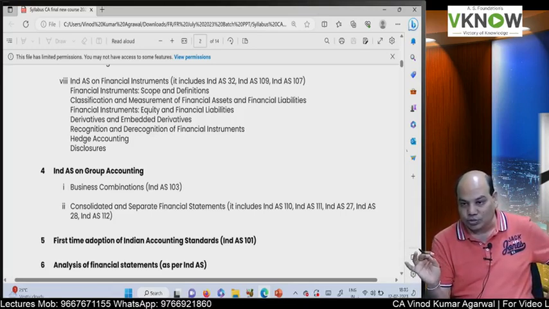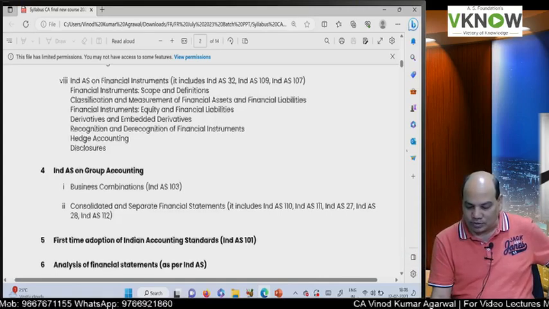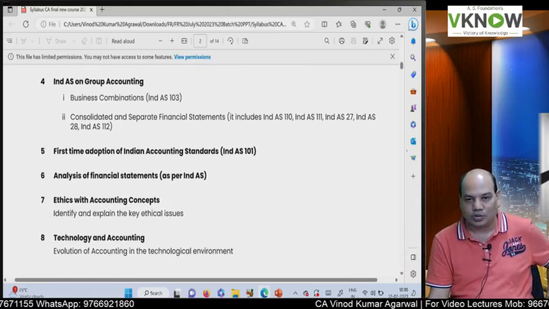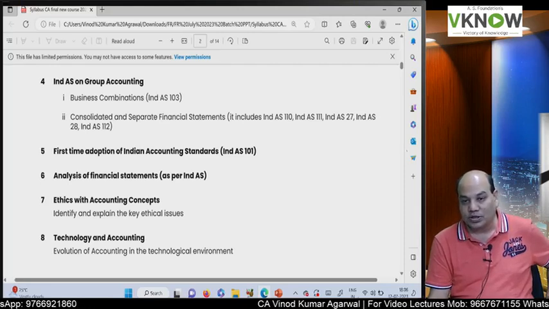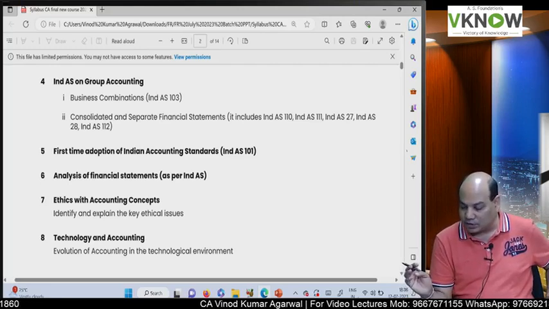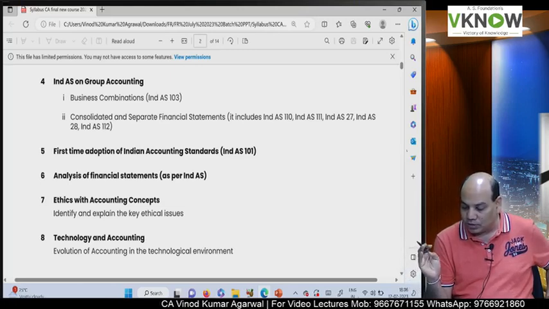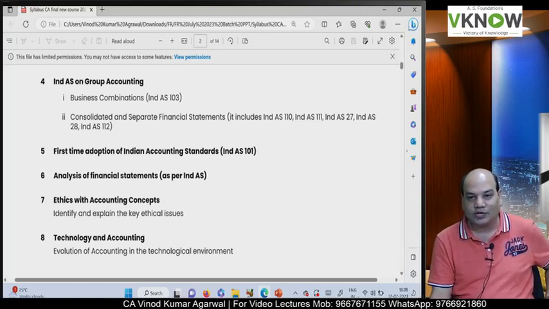Ind AS 32, Ind AS 109 and Ind AS 107. And the lengthiest part of your syllabus is group accounting, which means consolidation. So here we are going to study business combination Ind AS 103 and then consolidated and separate financial statement. There are 5 standards here: Ind AS 110, Ind AS 111, Ind AS 27, Ind AS 28 and Ind AS